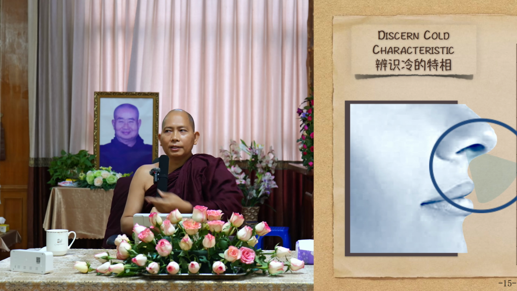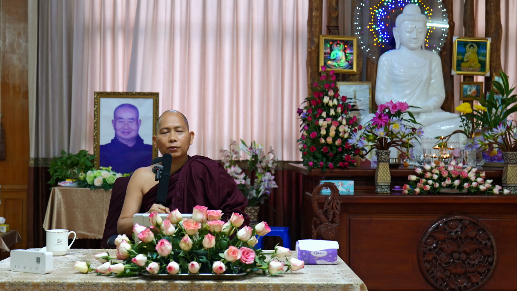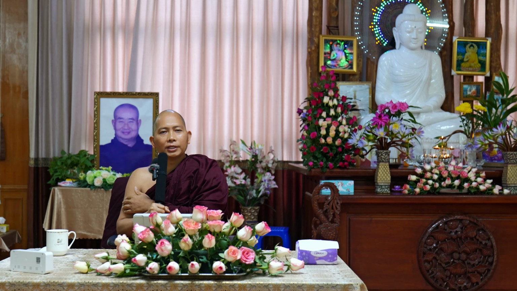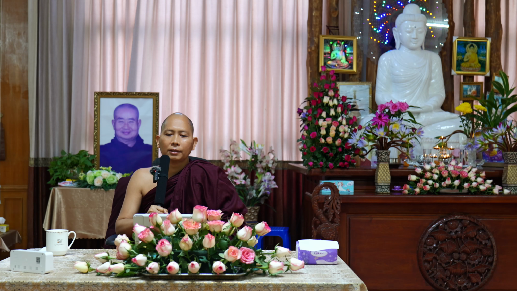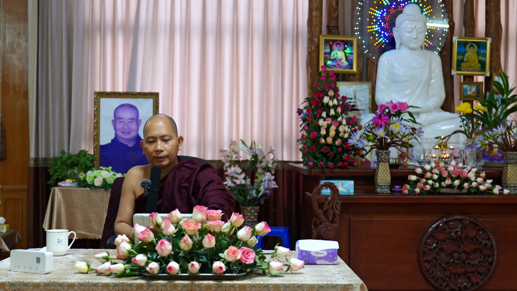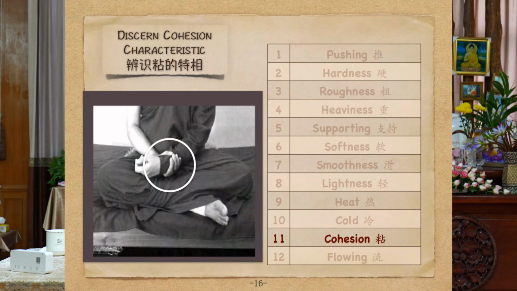Sometimes when you are meditating near the window, the air comes from the window and touches your body, and you will also feel coldness in this area. Pay attention to the coldness in this area. Beginning from this area, you can descend the coldness in your body. Then you will feel very cold in your body. You can focus on these characteristics for a long time. Then, descend beginning from position up to cold. The heat and coldness are the fire element. Okay? Then another one is cohesion, one of the water element